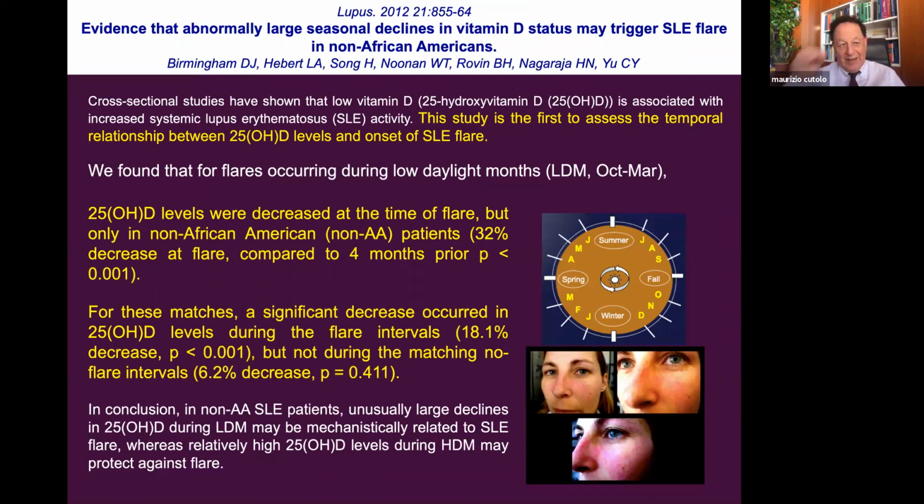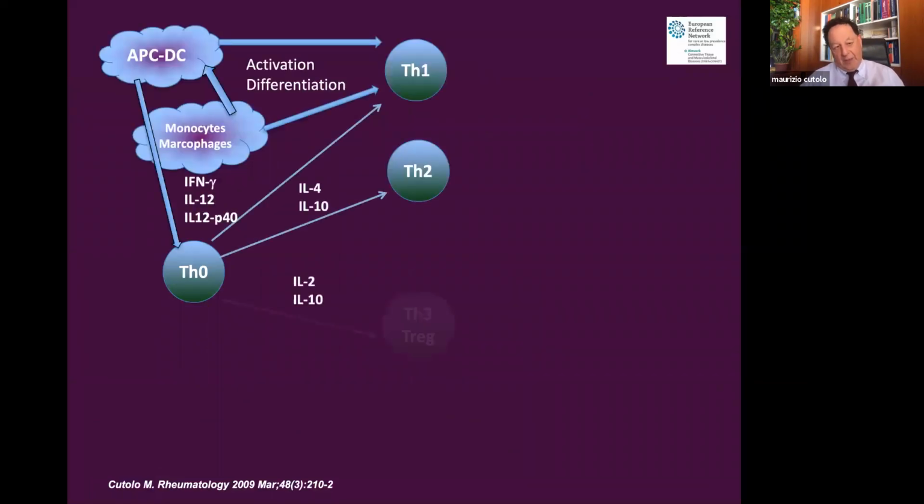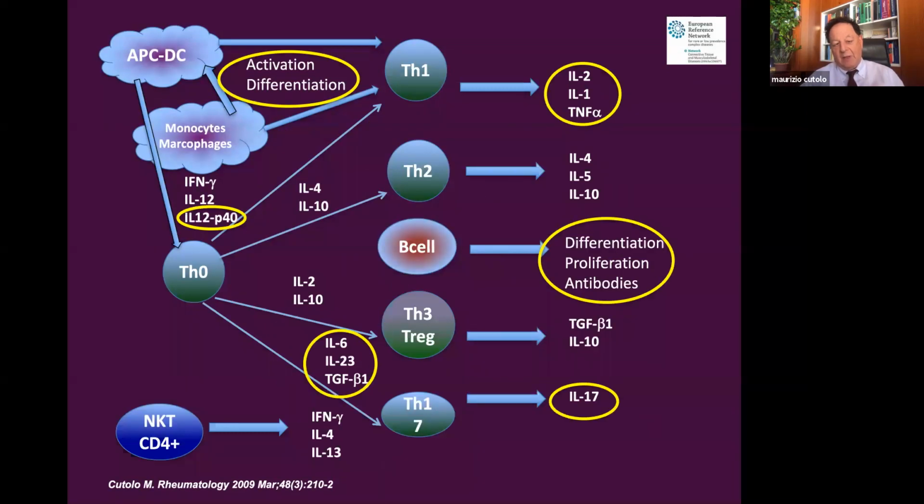And so there is clear evidence that seasonal change in the concentration of vitamin D may trigger SLE in non-African people. Here, the role of melanin is a sort of barrier for the true action, and the severity of lupus we see in Black people is stronger, with less vitamin D. So this important role of vitamin D on the different players of the immune response is evident, especially when we get the deficiency.